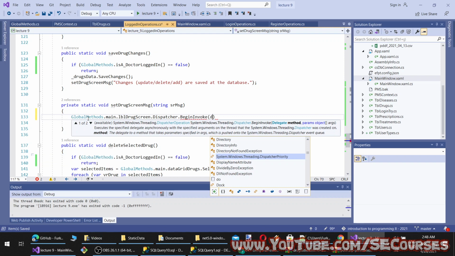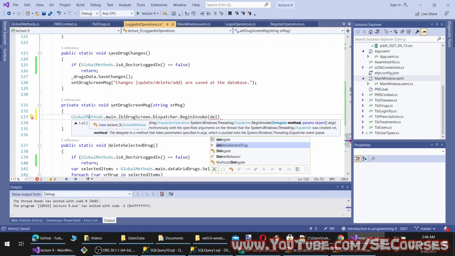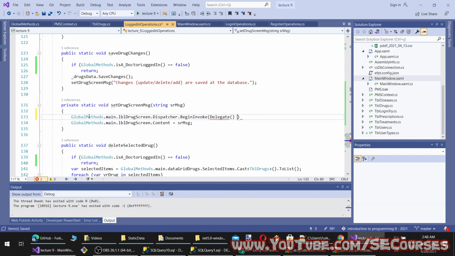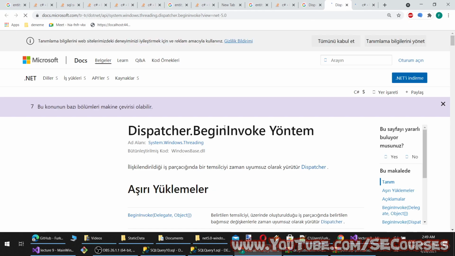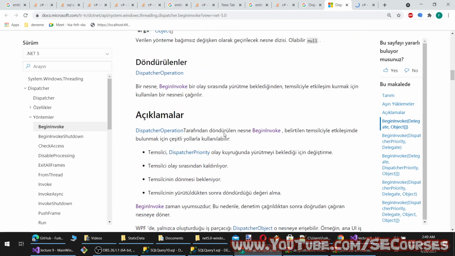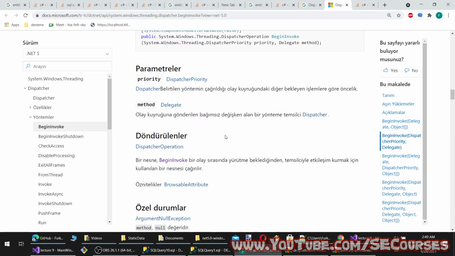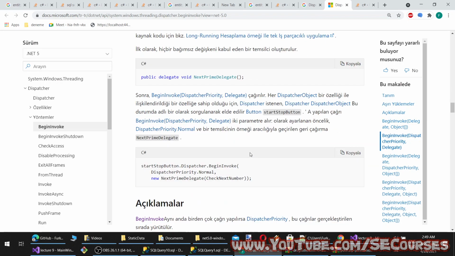And we need a delegate. I can't remember the exact syntax, so I'm going to check it. Okay, BeginInvoke, self delegate. I'm going to put.